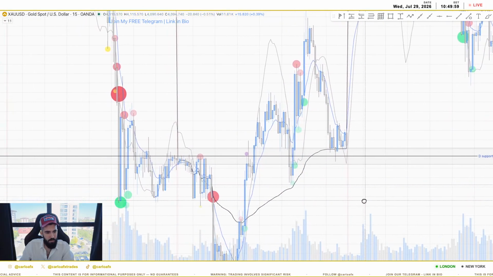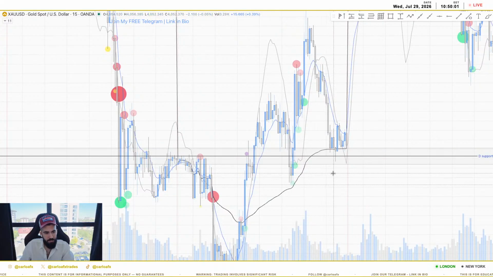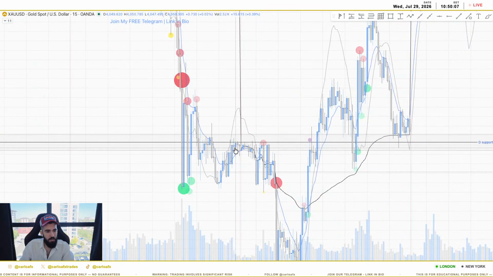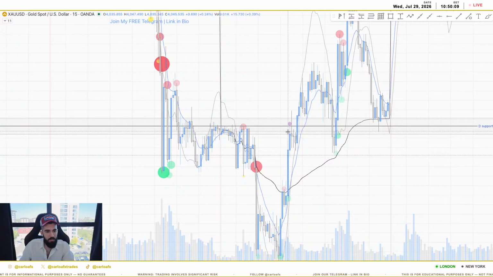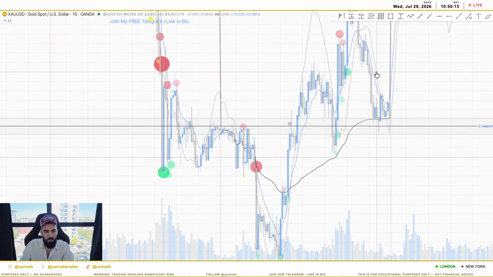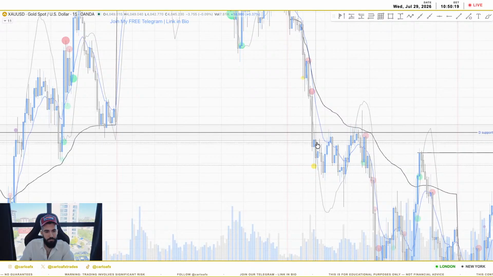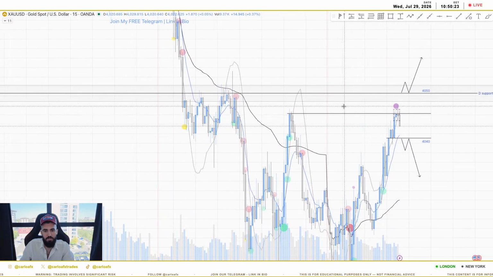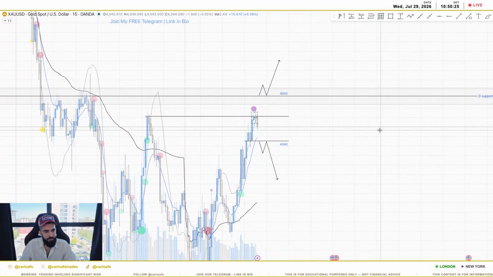If you look back, this is a strong daily support, man. Because look at this. All these orders here, price came back down, resistance, then back up, support. Look how price is moving. Support, support, then go up. Resistance, resistance, resistance. You see, guys? This is a strong daily support right here. It's a strong level.